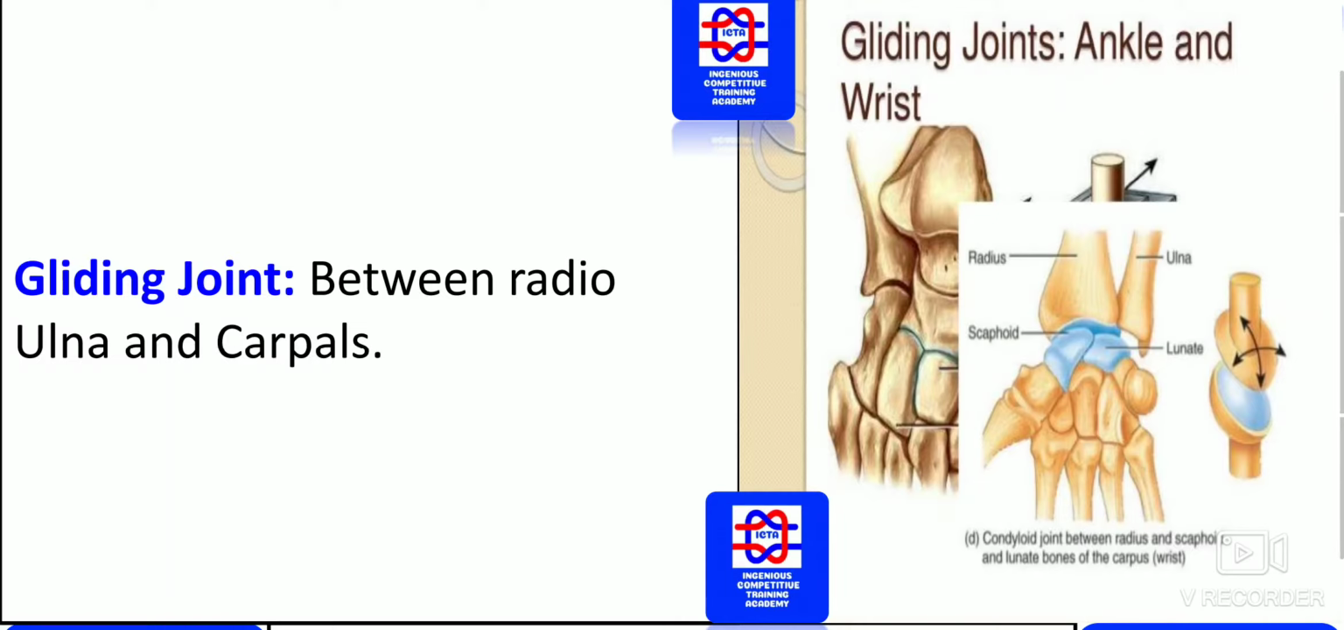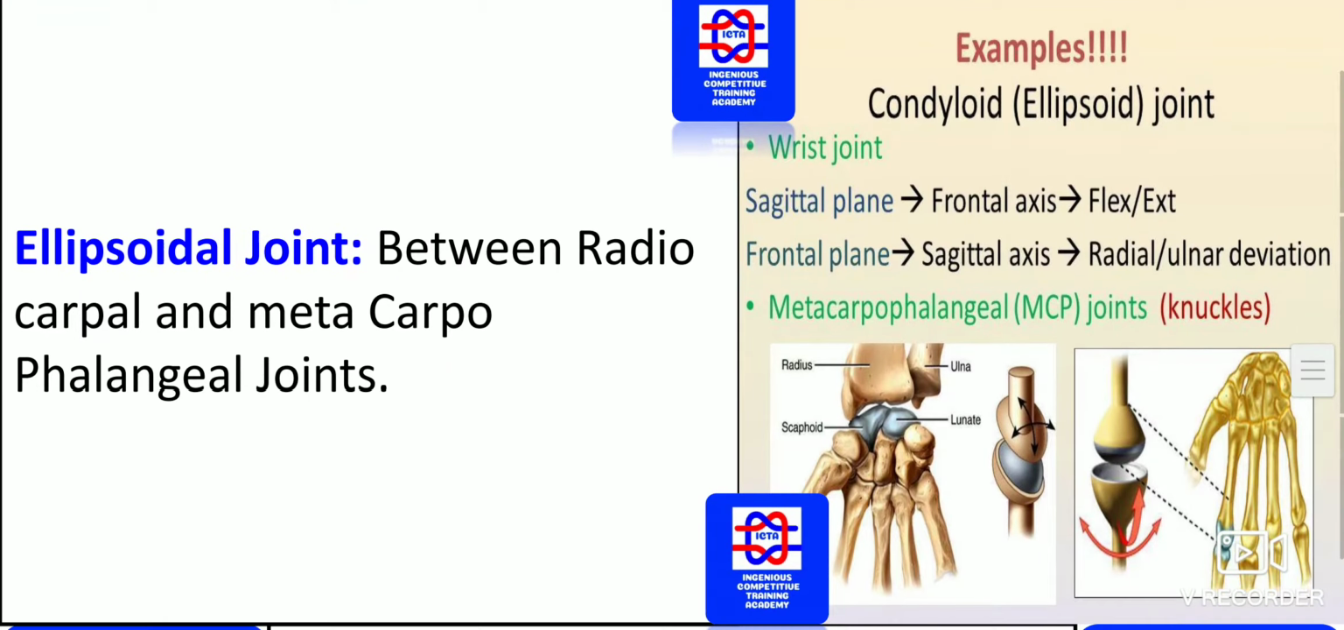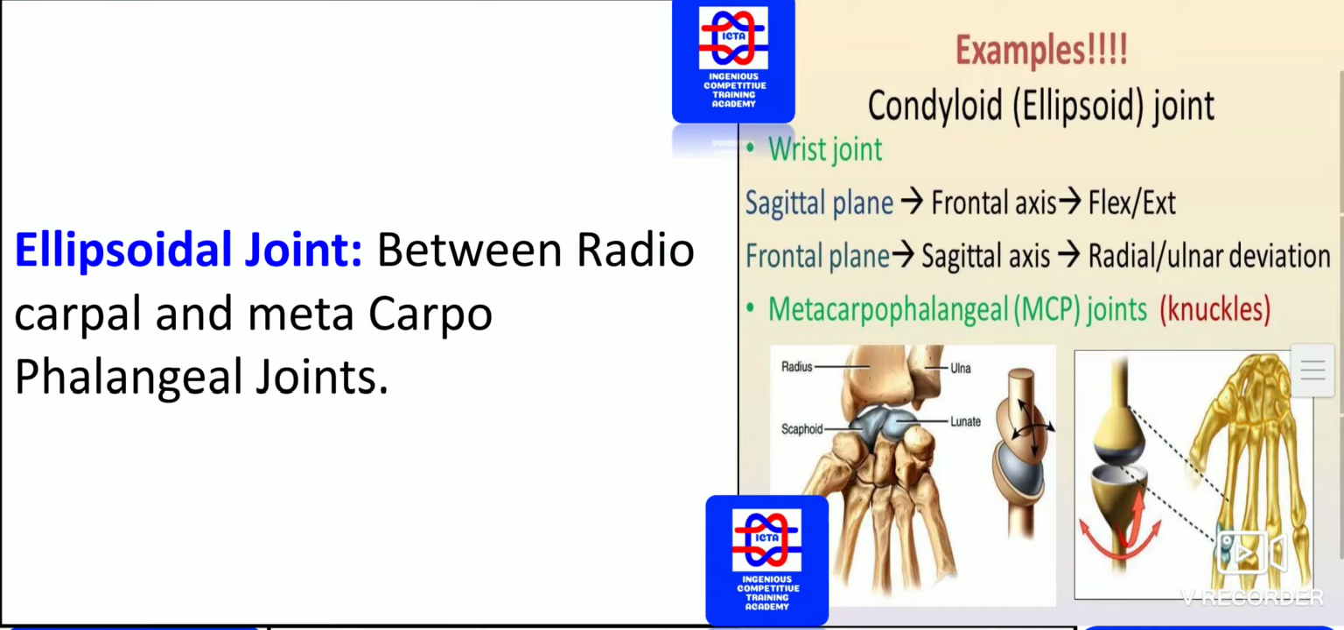Next we have the ellipsoidal joint. These types of joints are between the radiocarpal and metacarpal. Here, in the figure that has been given, you can please go through all these ellipsoidal joints. This type of joint is also known as a condyloid joint. For the wrist joint, as you can see, there is the sagittal plane, frontal plane and sagittal axis. For questions and figures, you should know the location, where exactly the joints are and in